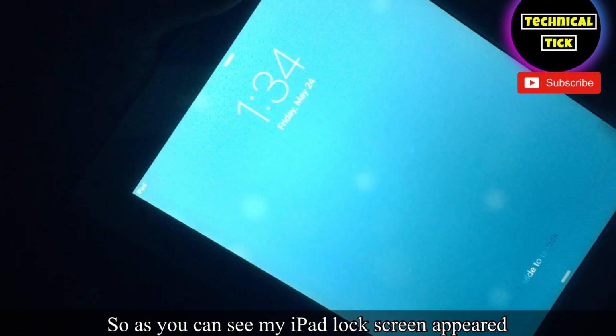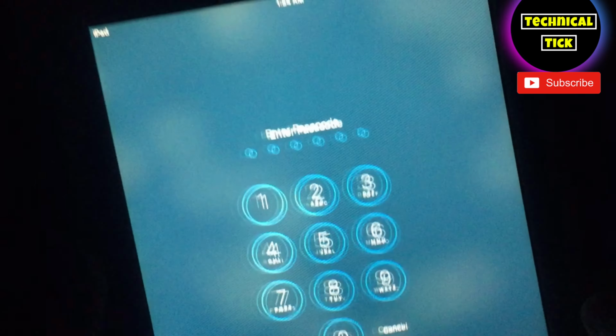So as you can see, my iPad's lock screen appeared. So let me enter passcode.